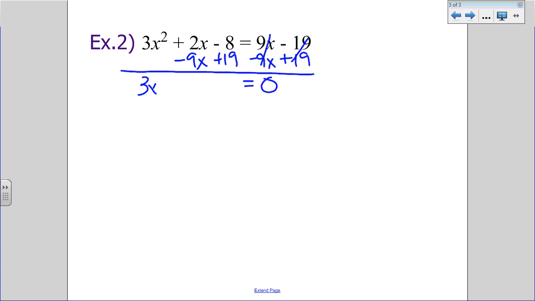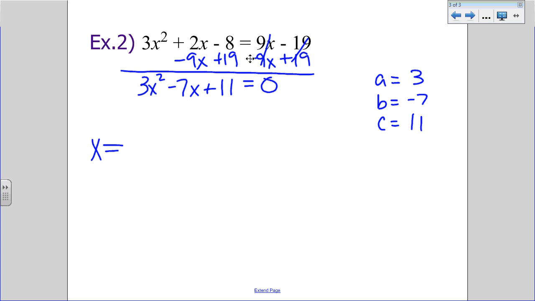And this is going to be 3x squared minus 7x plus 11. So what I'm going to need to do now is go through here, identify my A, my B, and my C, and fill in my quadratic formula. So A is 3, B is negative 7, and C is 11. So as I go through here, remember, x equals is always there. I have to take the opposite of B, so that's going to be a positive 7 this time, plus or